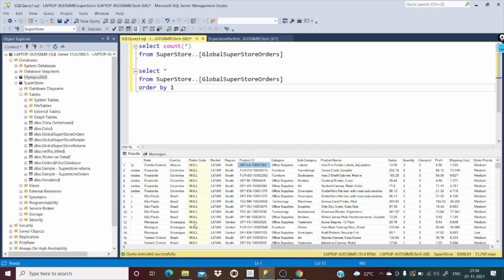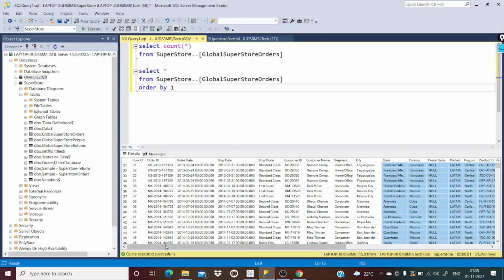These were all the dimension fields; till now we saw only the dimensions, that means the descriptive values. Now comes the measure values, which is sales, quantity, discount, profit, shipping cost, and then order priority is again a dimension. This is about all the columns which this table consists of.